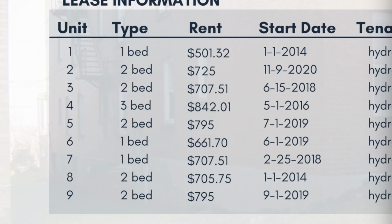And then we have 5 2-bedroom units. Let's look at the 2 bedrooms. We're getting $795 for a top 2-bedroom. So again, clean it up. I don't think I'll have any trouble getting 950. And then we have our 3-bedroom, and let's just call that 1050. There's a possibility to raise this to $83,050, which if I could maintain a 7 cap,